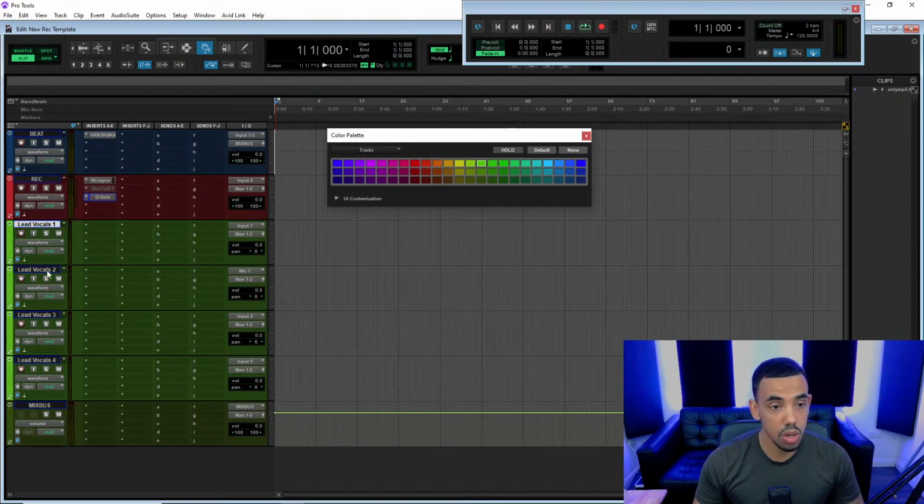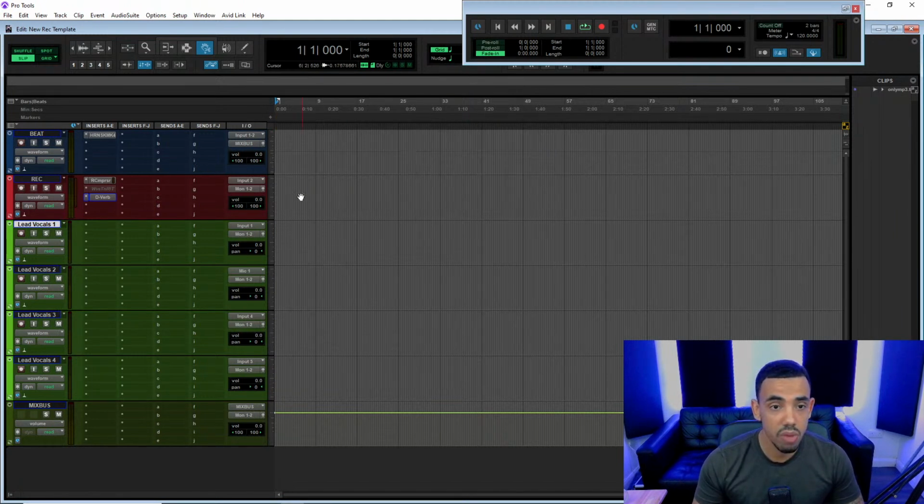Cool. So I don't usually have anything on these tracks, right? I always use a bus, an auxiliary, a send, whatever you want to call it. Well, it's not really a send, but yeah. I usually have a lead vocals bus, which we're going to get to in a second. So we've got our 4 tracks here, and what that means is, as we record,